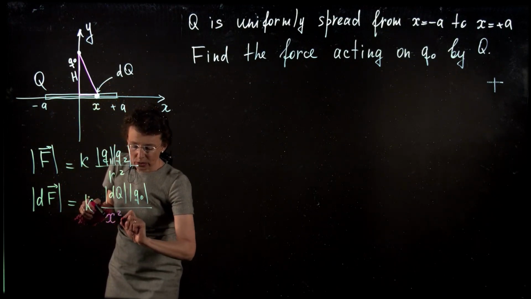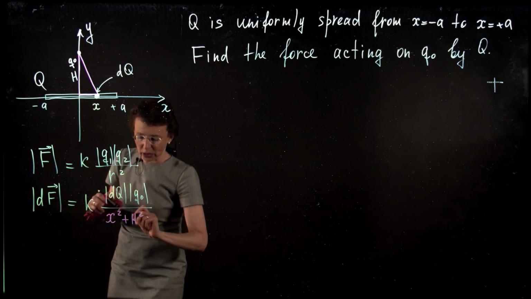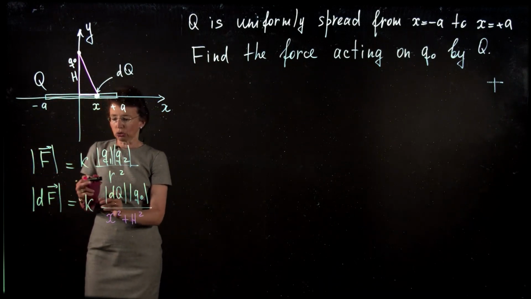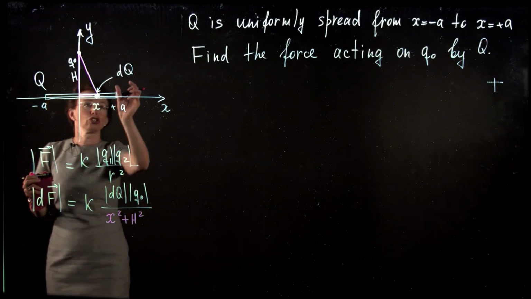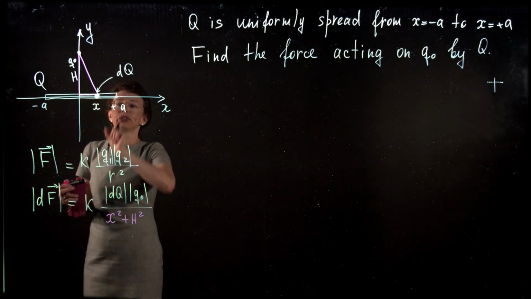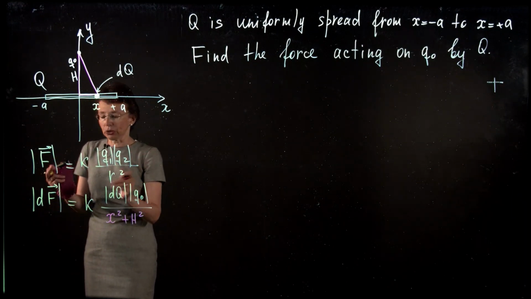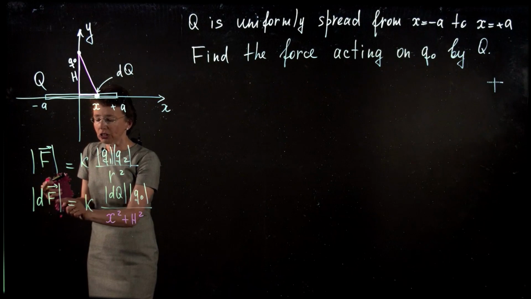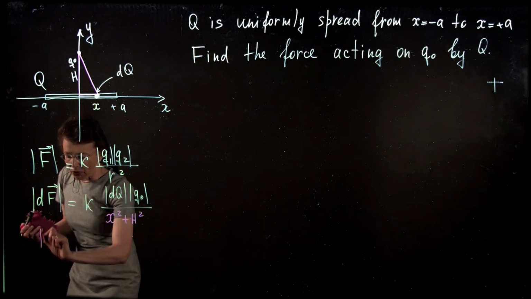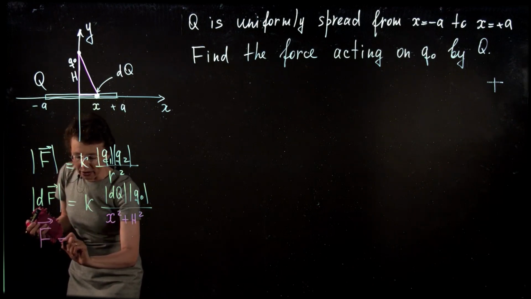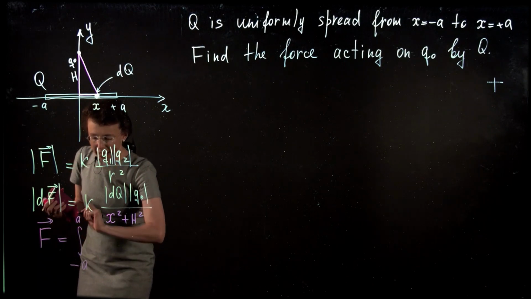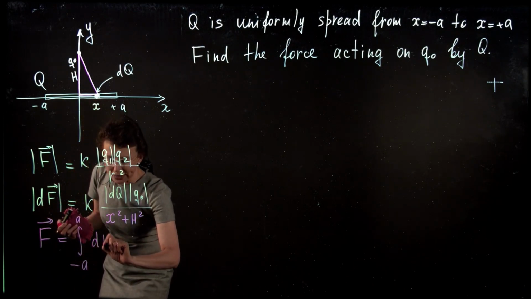This is the magnitude of df exerted by dq. I cannot write F, I write df because I have infinitesimally small charge dq, and then I need to integrate df over this rod. So I will find my net force F as integral from minus a to a of df